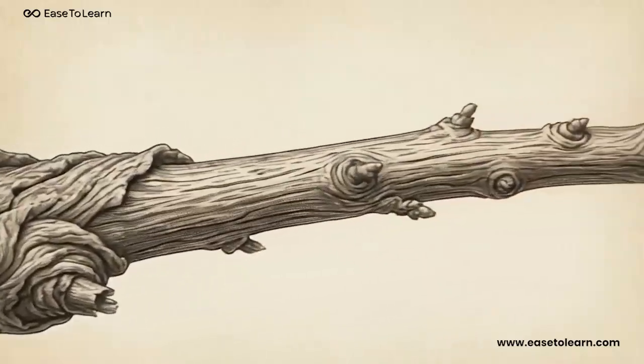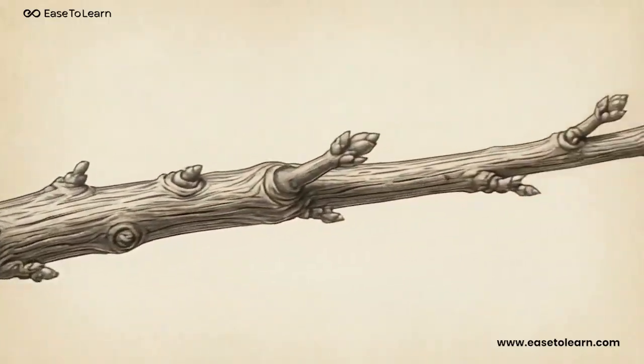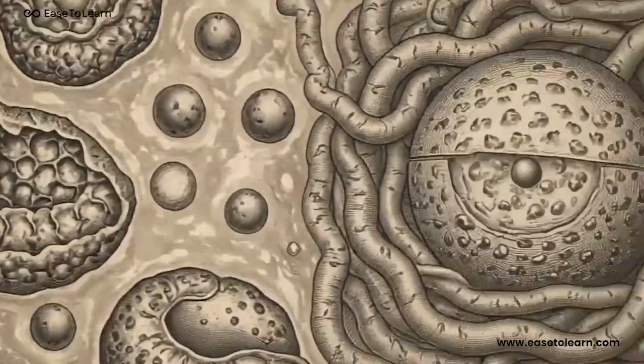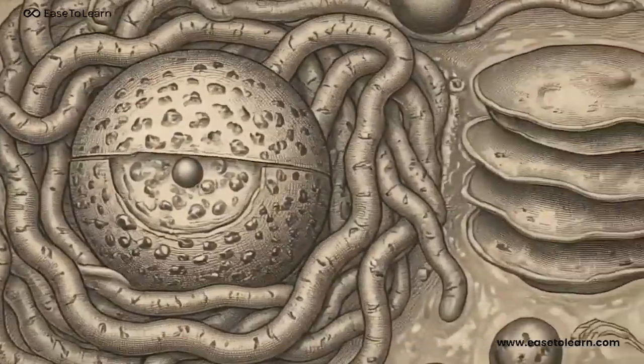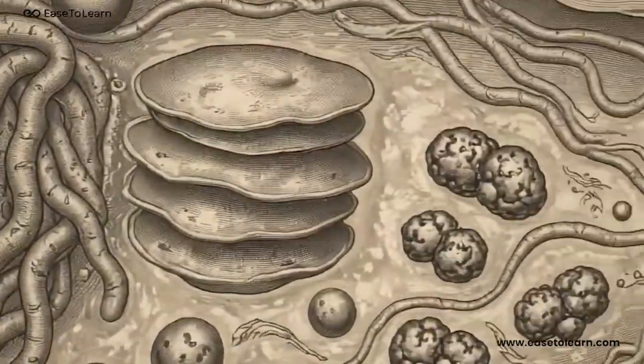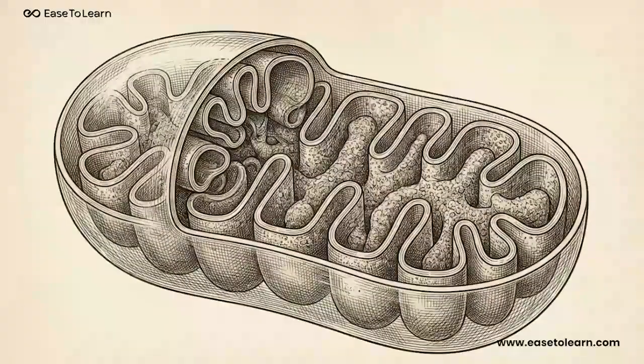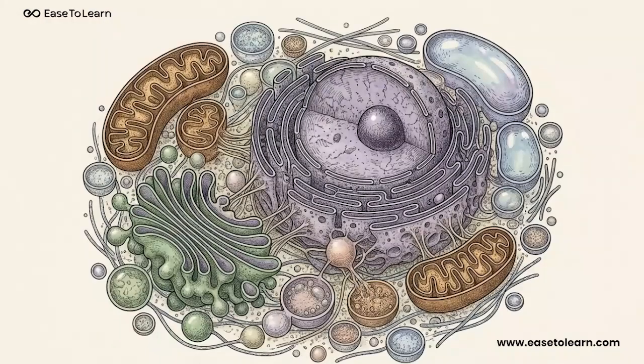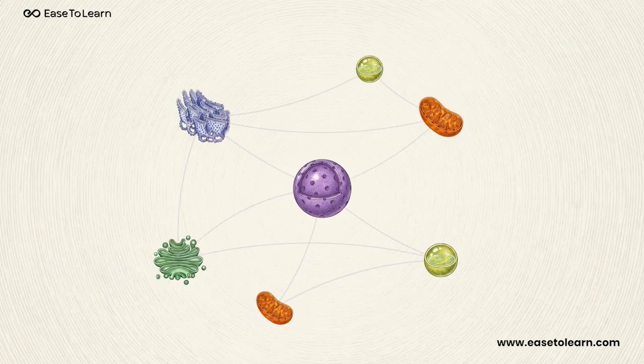Because of these specialized organelles, a plant can generate its own food from the sun, and a heavy tree branch can grow straight out into the air without needing a single bone to hold it up. When we zoom back out from the individual parts, we can see the entire microscopic city in constant motion. No single organelle can survive on its own. They rely on a strict division of labor. Only by doing specific jobs together can the cell successfully breathe, eat, grow, and survive.